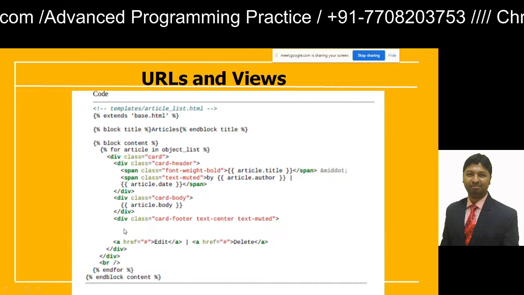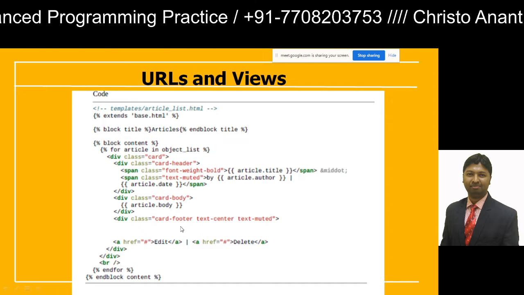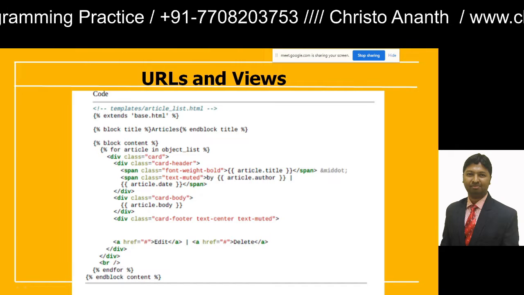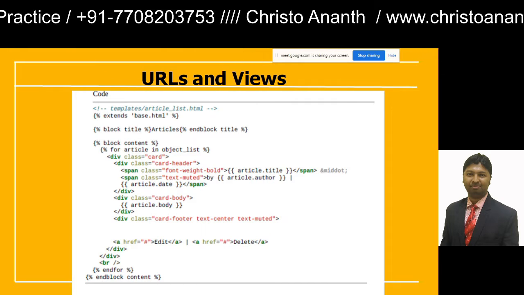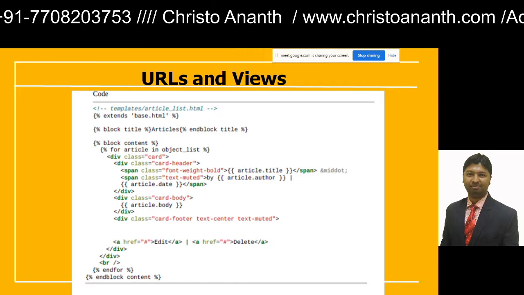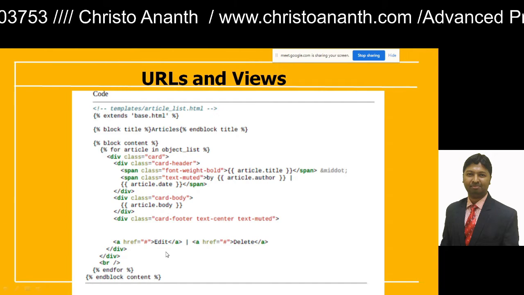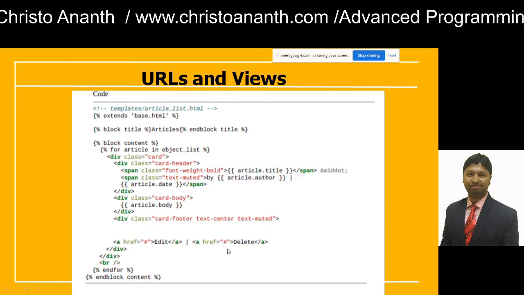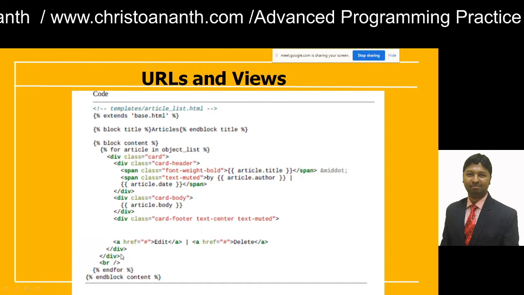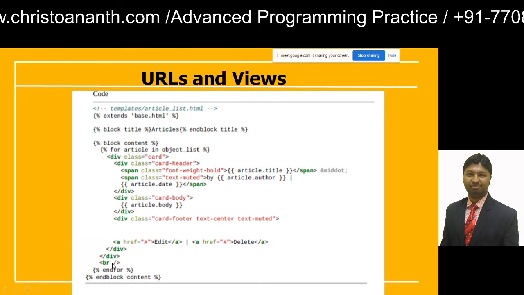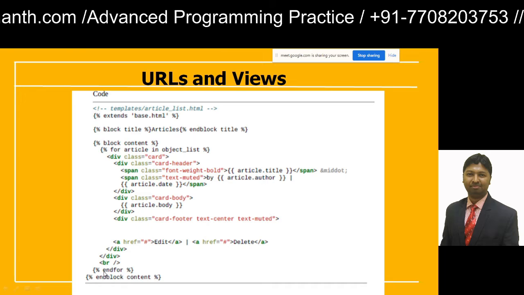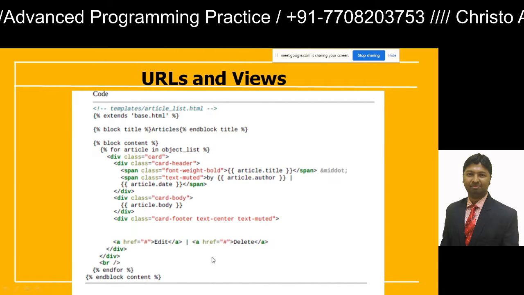We close the div, and then div class is equal to card-footer. This is for the footer, header, body, and then footer. Card footer, text center, text muted. Okay, and then an href you are going to point to the edit section, and then an href you are going to delete. Okay, close the div once again for the remaining parts, and then the break. You go with the endfor and then endblock.